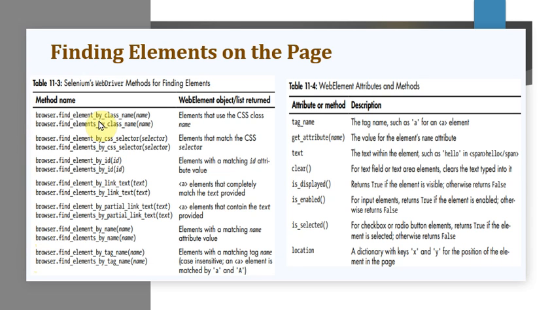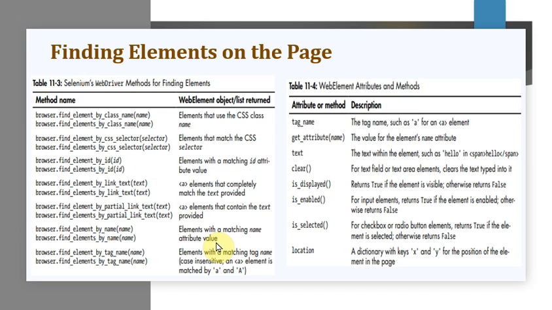If no element exists on the page that matches with the data, the parameter you have sent, in that case what the method is looking for, the Selenium module will raise a NoSuchElementException. So if there is no matching, then an exception is raised, that is nothing but NoSuchElementException. So if you do not want this exception to crash your program, then you can use the exception handling technique. That is nothing but you can use the try and except statements.